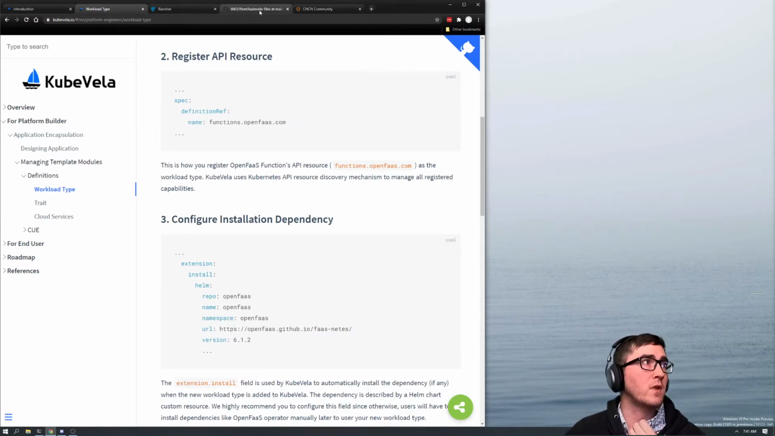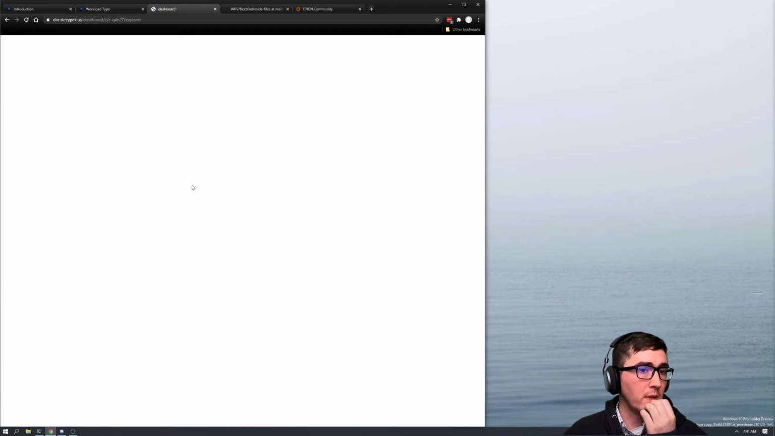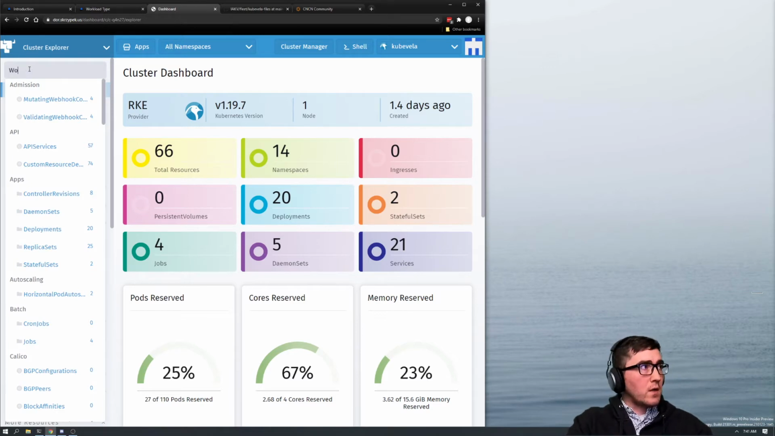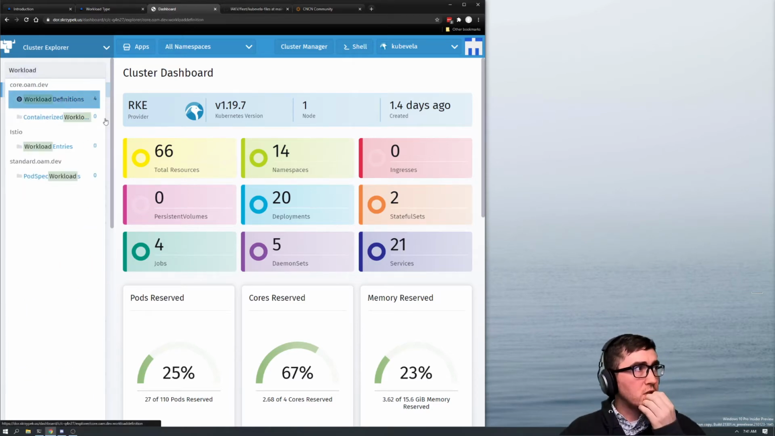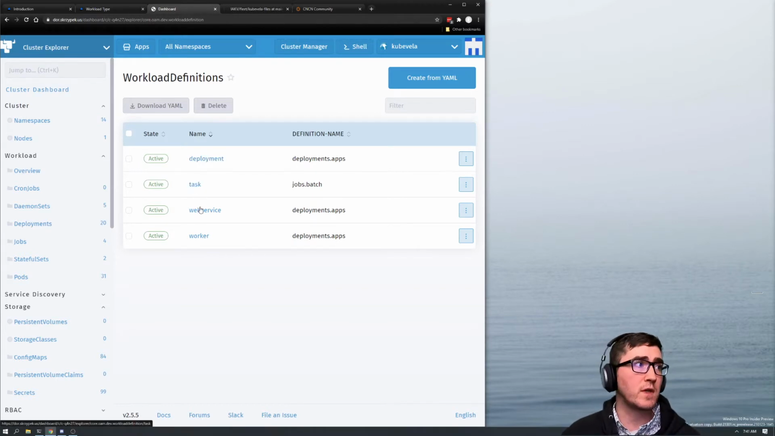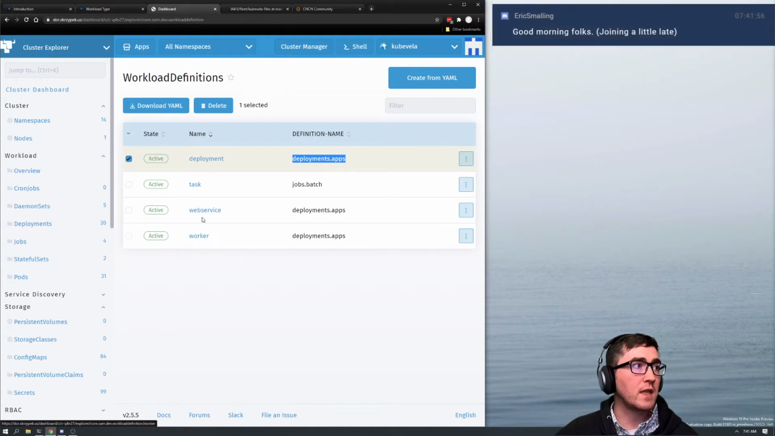To show you the example I have in the repository, let's actually look at some of the resources that have been deployed in my cluster. Give that a second to load. We'll look at workload definitions. We'll see that there are 4 here. The three that come by default are task, web service, and worker. And you can see that they're using a naming convention, which is the kind and then the group that it belongs to. So if we look, for instance, at the worker type,